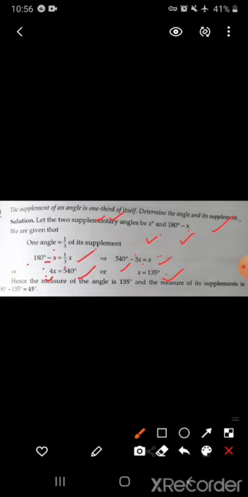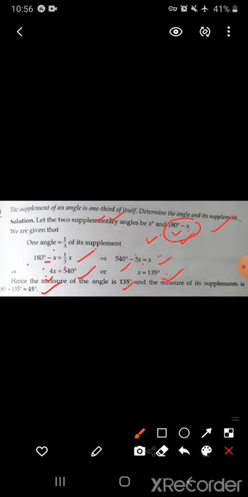It means when we put this 135 in 180 minus x and subtract 135 from 180, we get 45, right? It means the two angles are 135 degrees and 45 degrees. The two angles which are supplements to each other, which make supplementary angles, which give us 180 degrees, are 135 and 45. If you want to check, you add these, you get 180 degrees.